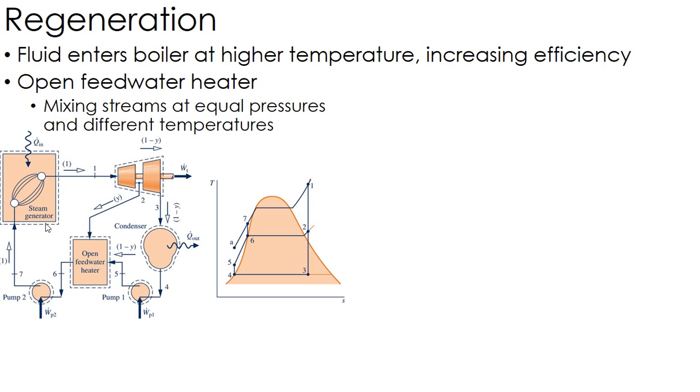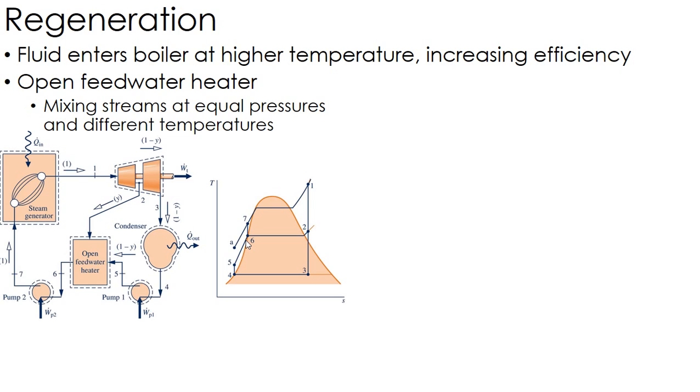So again, it's preheating what goes into the boiler, thus making it have a less input of heat. So rather than coming in at state 4 here, like it would without the feed water heater, it actually comes in at state 6, that higher temperature,